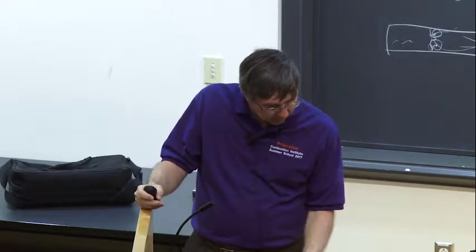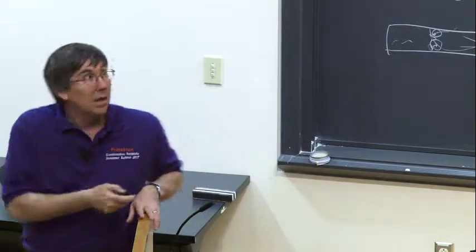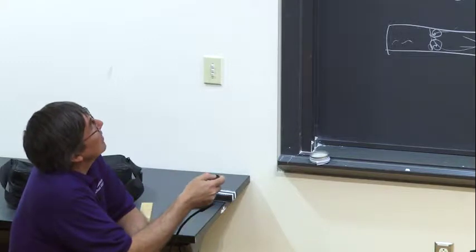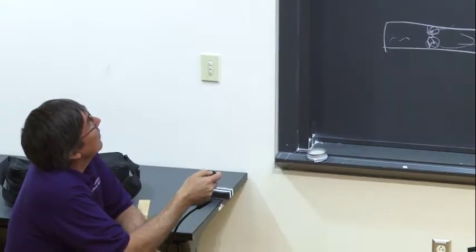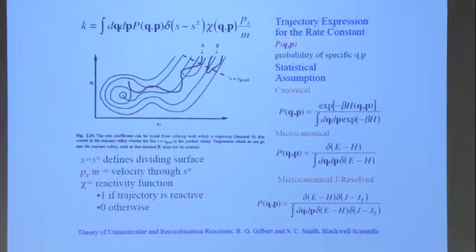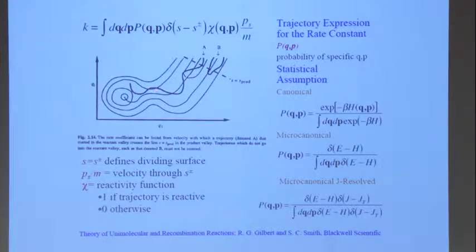And so here's a picture. We have a contour, and if you start in this valley, you have some trajectories, and they can wiggle around. A lot of them just stay inside the valley, but some of them can wind their way up and find their way over the mountain pass, which here is probably around here somewhere, and then down into a region over here. And sometimes you have trajectories that come in and turn around, and some of them come in and find their way all the way down. And these are the formulas for K, the classical expression for it.